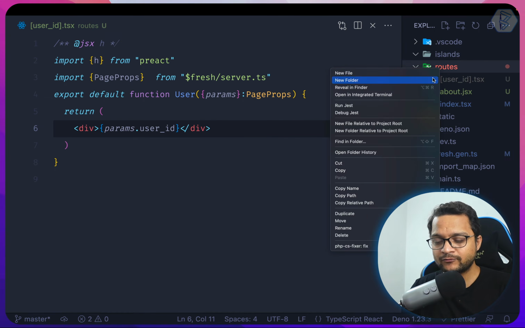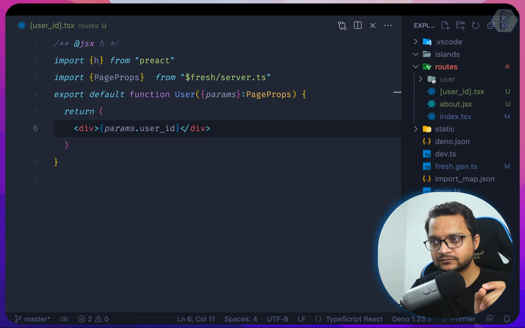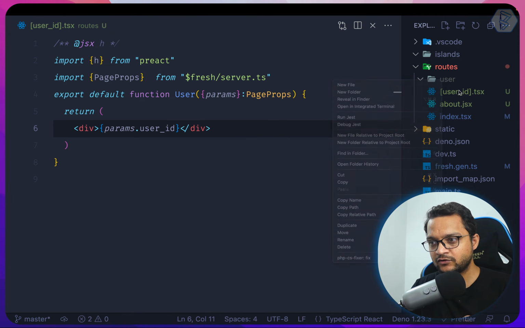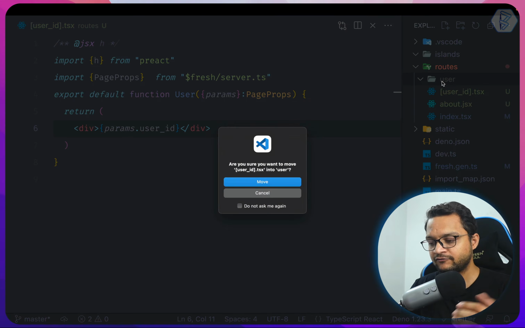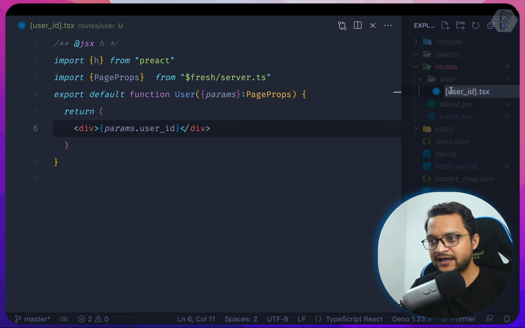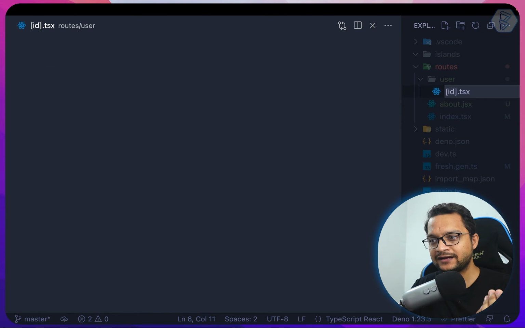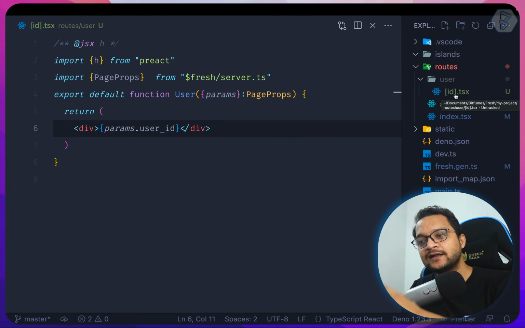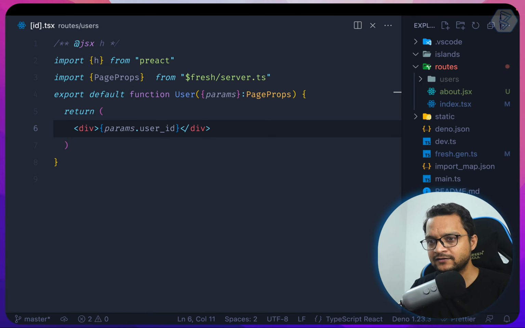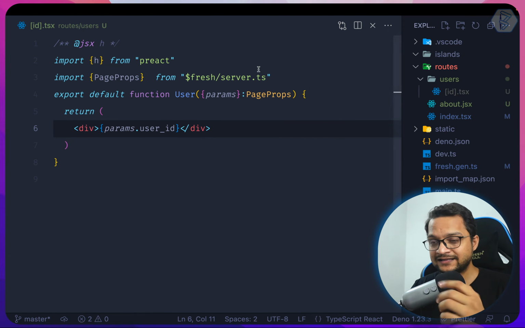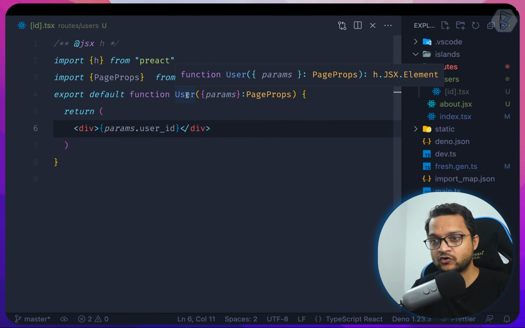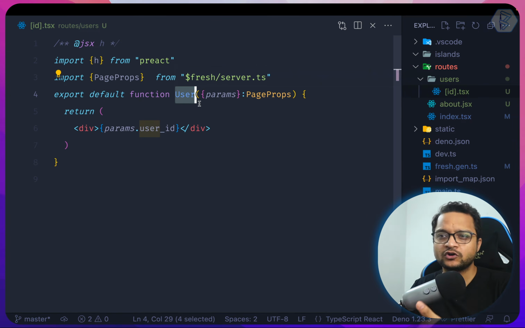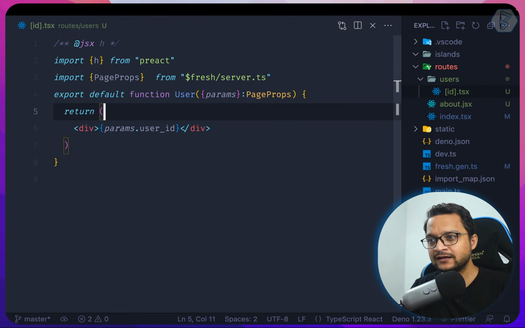So what I'm going to do is create a user directory. Inside that, I will move this file here, and instead of user ID, I just say ID, because it makes sense. If this file is inside the user directory, then it should be like user and then ID. You can make it users if you like here. So users and then ID. So now we are calling this function as a user. You can also call it ID, but it's going to stay the same, but the route is now changed. It should be like